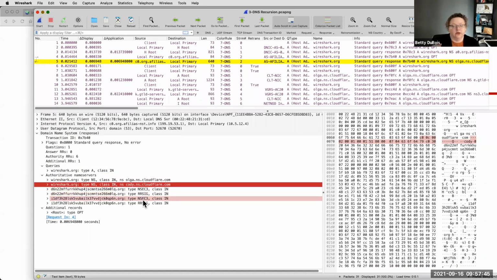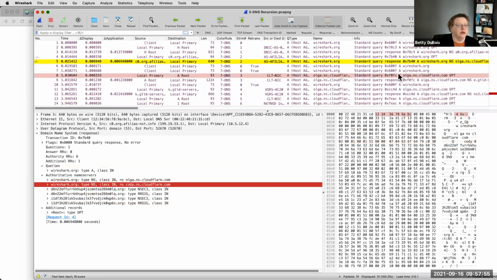And then this other stuff is IP DNSSEC stuff. I don't have time to talk about that. So we're going to focus on these two addresses. Pick one, run with it. All right. Now, meanwhile,